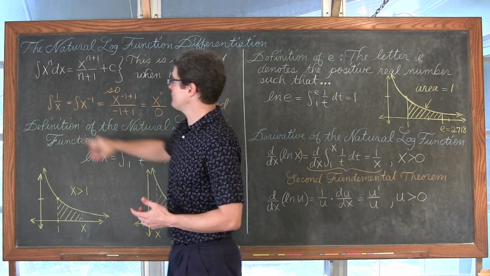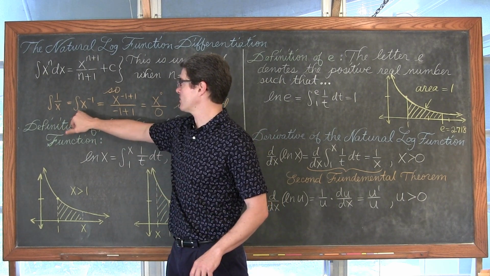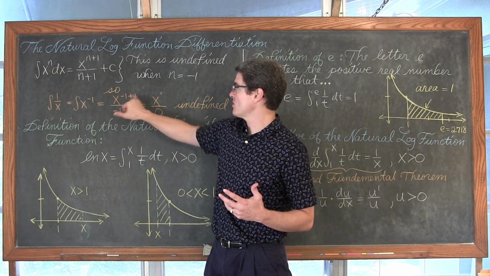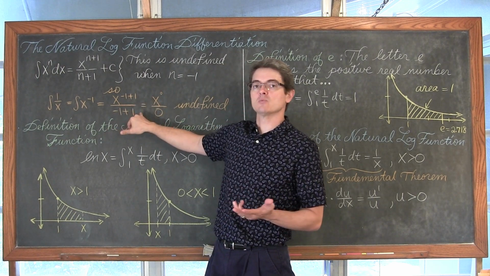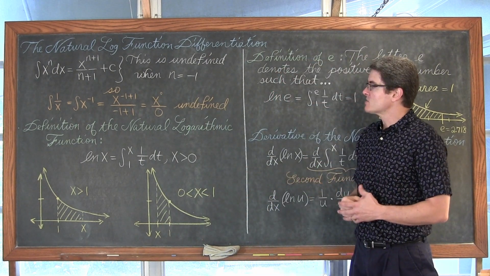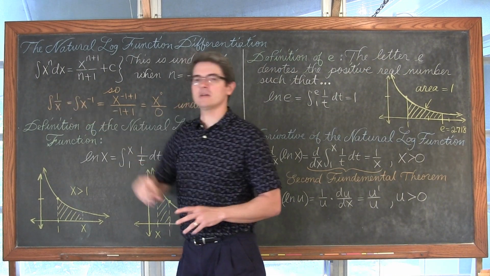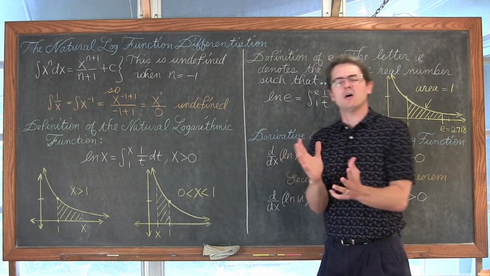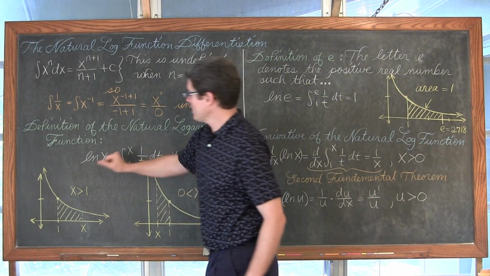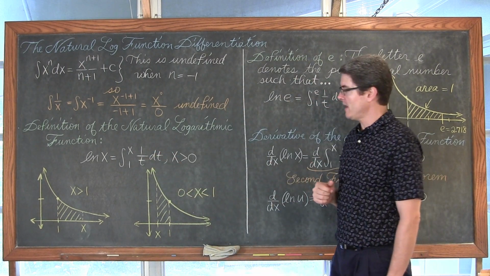Well, if you try and find the indefinite integral of 1 over x, that actually ends up happening. You have the indefinite integral of x to the negative 1. You raise that by 1, you get x to the 0 power divided by negative 1 plus 1, which is x to the 0 power divided by 0, which is undefined. So we're going to see how we're going to be able to find this indefinite integral over the next couple of sections, but right now we're just going to deal with definite integrals and this relationship between the natural log function and the function of basically 1 over y equals 1 over x.